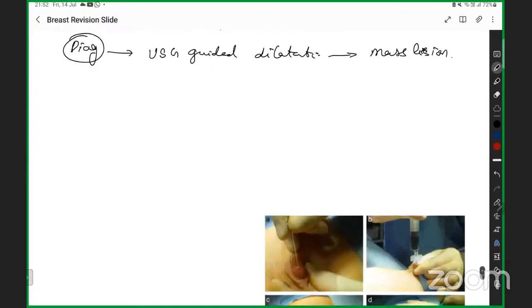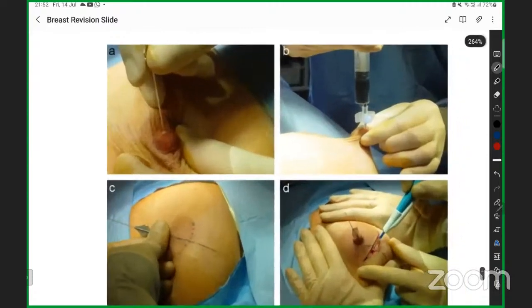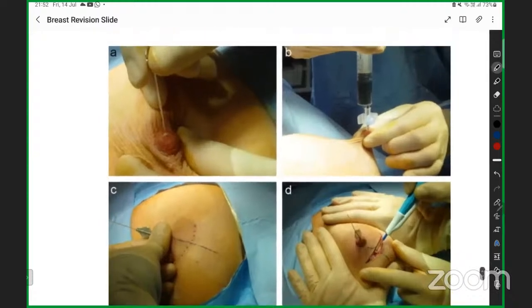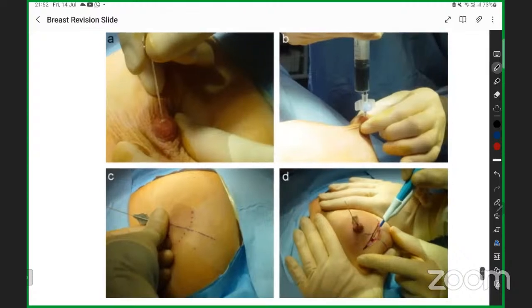So why you're going to do this? To take a picture, can you see here? This is what I told you. Number one, first, you're going to pass a nylon thread. After passing a nylon thread, you're going to insert that. Then you're going to put a thread, and then we are going to put that stain inside. Then what you're going to do? You're going to cut a triangular flap.